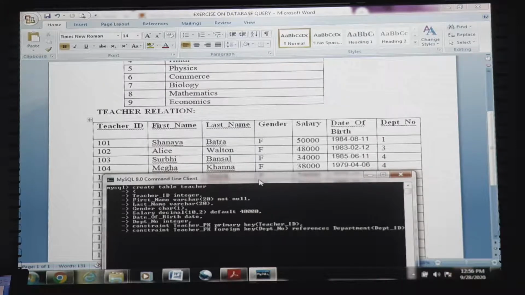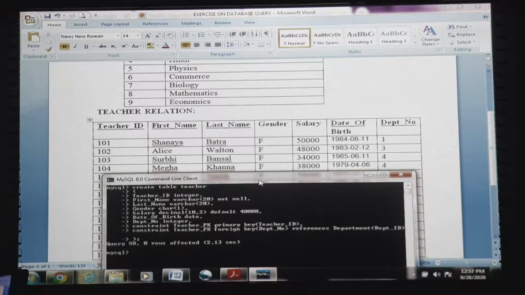So in this way we have come to the conclusion of our creation of the teacher relation with all the attributes, data types, and constraints. So close presentation.